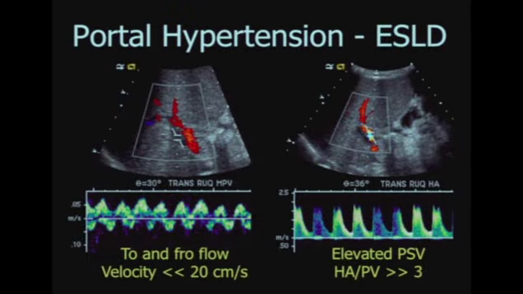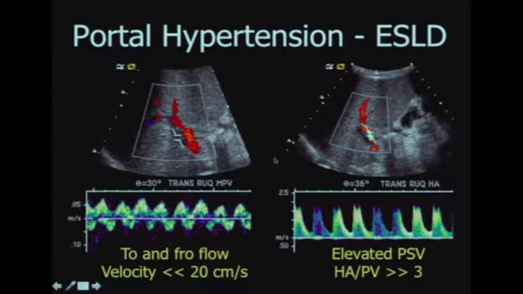Certainly when you have severe portal hypertension, end-stage liver disease, again, here's very low velocity to and fro flow, velocity much less than the normal 20 centimeters per second in children. And here we have elevated peak systolic velocity up to approximately 2 meters per second. Children are more hyperdynamic than adults, but still a hepatic arterial velocity over 1 meter per second is abnormal. And again, if you look at the hepatic arterial to portal vein velocity, this is certainly much greater than 3,